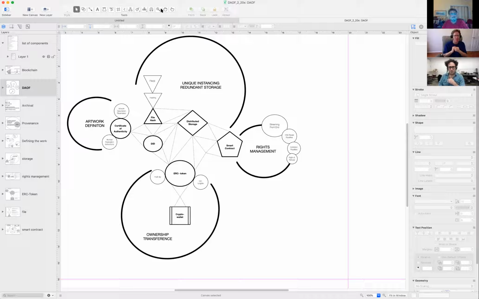We have the DID points to the DID document.